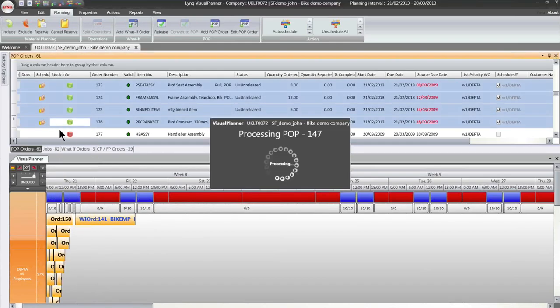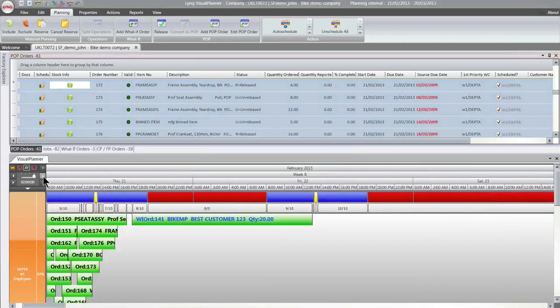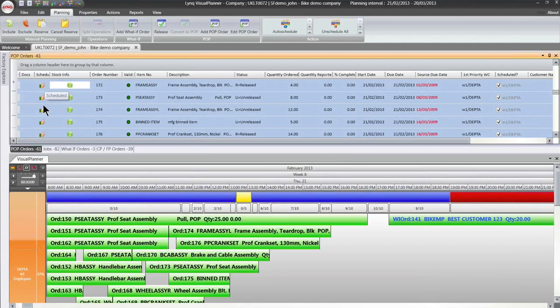And you'll see all the tiles turn green, and all the colours and things here, don't get hung up on colours. You can change all of this if you like. But you see a green thumbs up. That means all of these orders now are scheduled. This is my plan. All of these dates are written back into Macola, and now I'm ready to run production